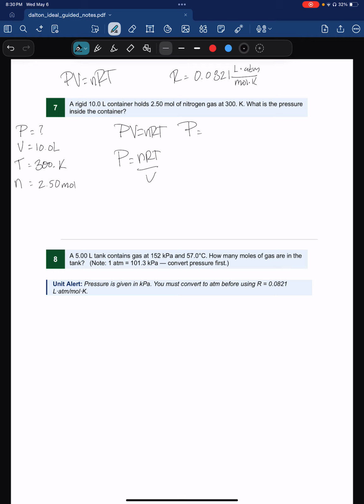P is equal to the number of moles we have, 2.50 moles, times our gas constant, 0.0821 liter atmospheres per mole Kelvin, times our temperature, which is 300 Kelvin, over our volume, which is 10.0 liters. And so our pressure then, if we plug that into our calculator, is